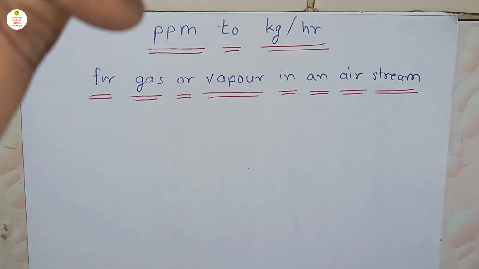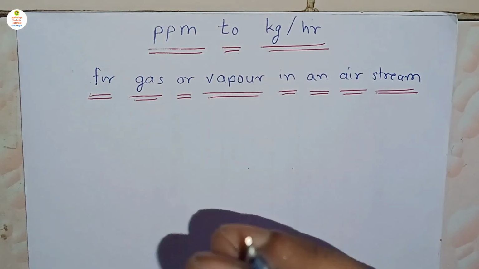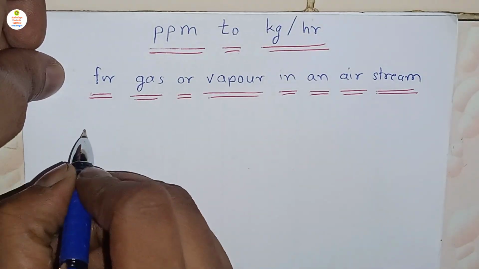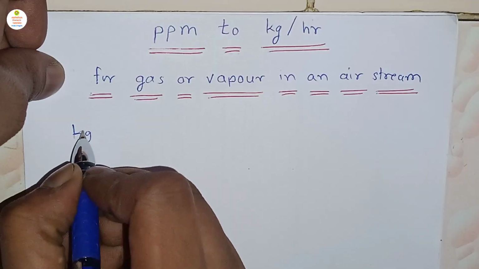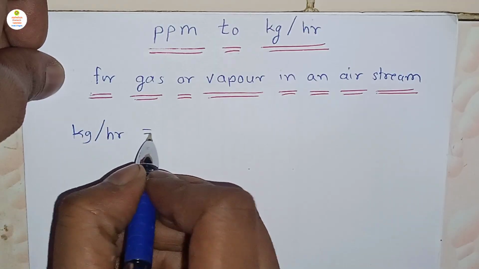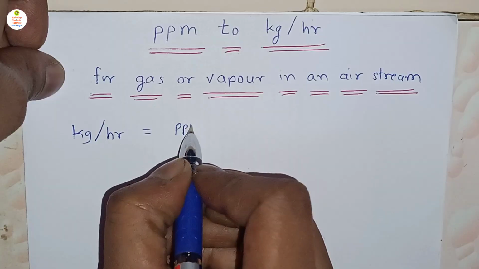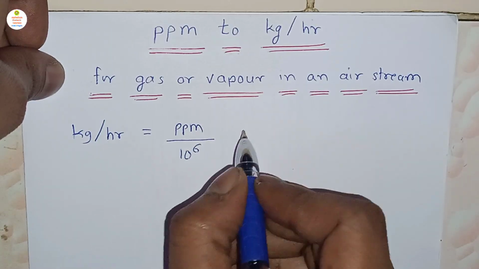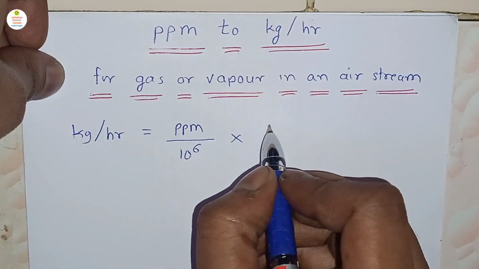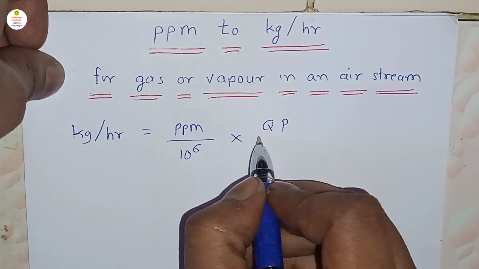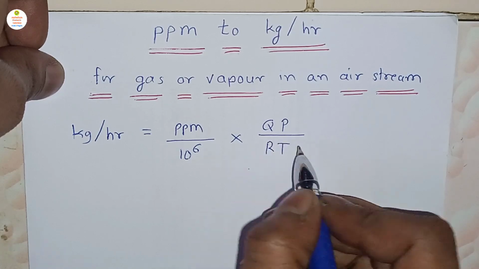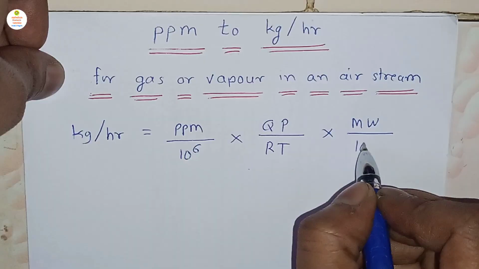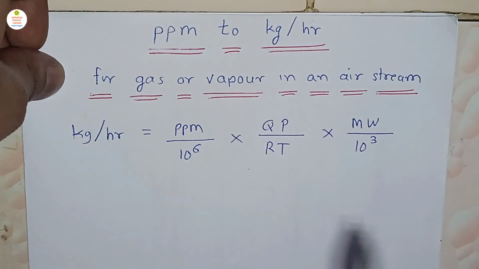Okay. So here, see the formula to convert ppm to kg per hour. kg per hour is equal to ppm upon 10 raised to 6, into Qp upon RT, into Mw upon 10 raised to 3. Okay, so now see here